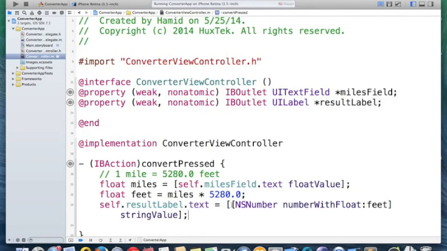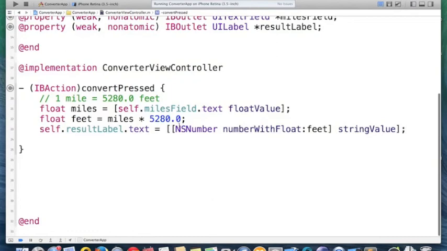First of all, let me get just more room here. If you look at just this square bracket, it sends a message to NSNumber and wraps the feet with NSNumber. And then once it wraps it, it becomes an NSNumber type. It then sends a message to get the string value of this NSNumber and assigns it to this label. So if I run the program,